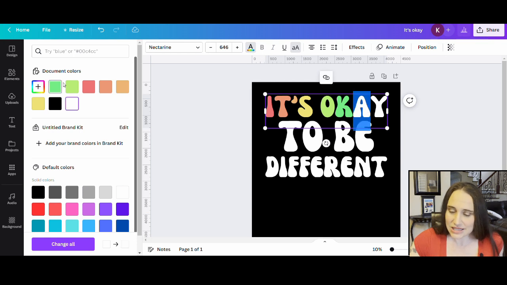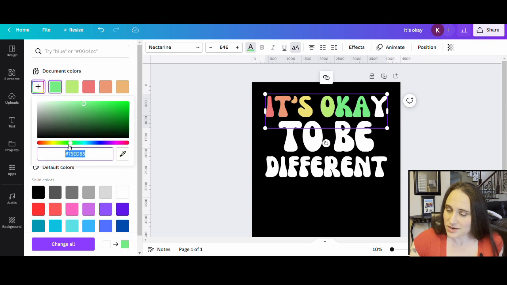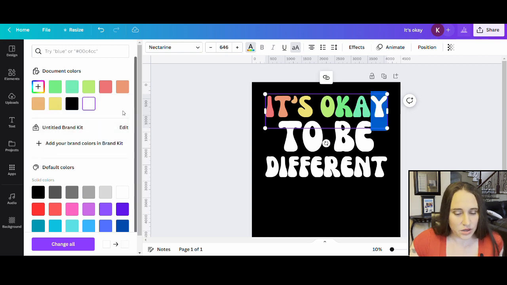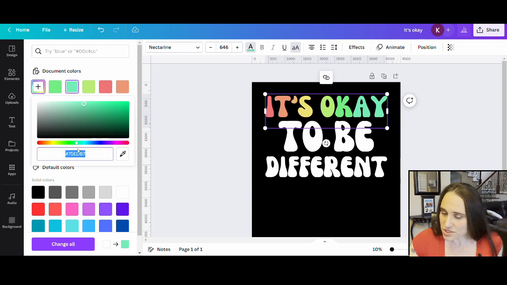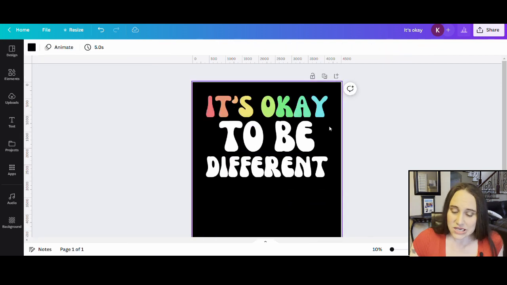Again, I just keep sliding this bar down, and that's one way that you can get a cool rainbowy color. And there's lots of different ways you could go with this, of course. This is just one way that I find really easy to get that nice rainbowy color like that. Now I could go ahead on the second line and start over again with the red